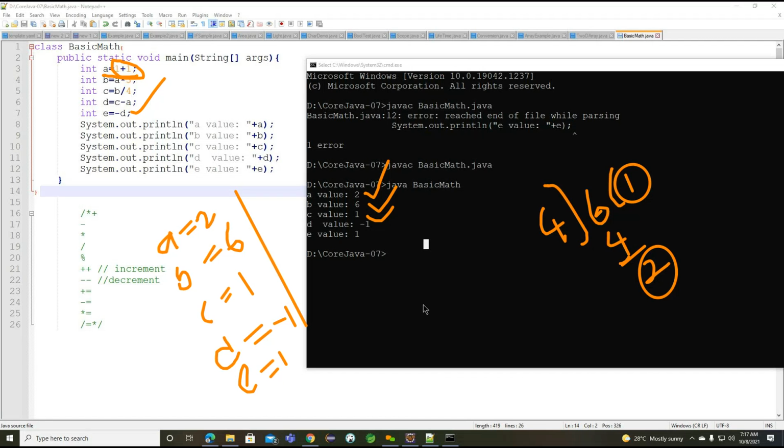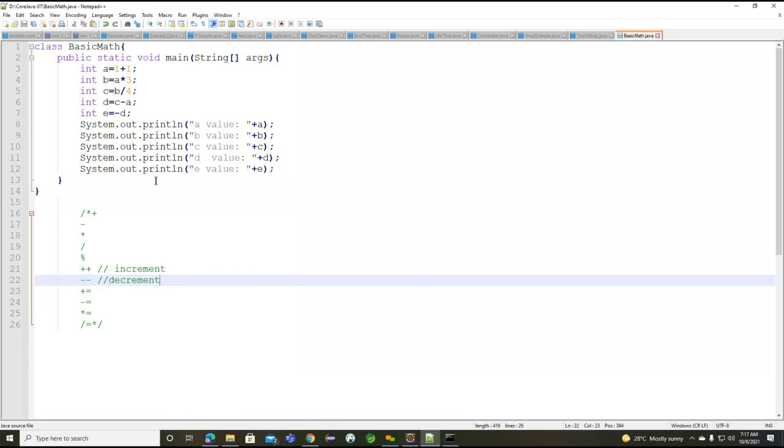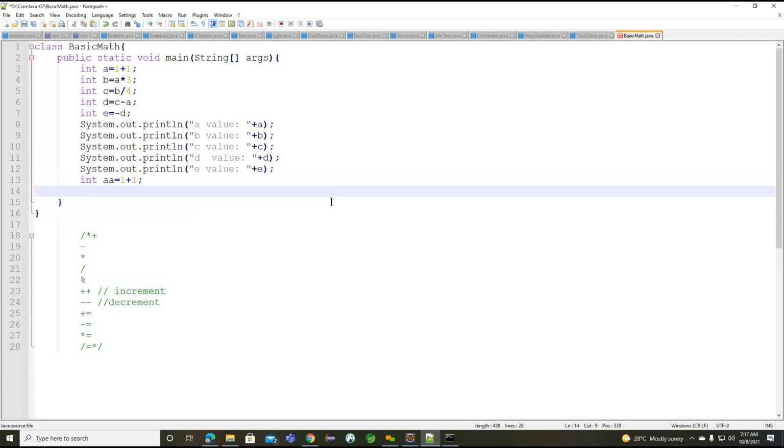Right. Now we'll try to work with a different example here. In the same class, we'll try to add some different information. So let's clear all the examples here. Back to here, now what I want to write here, I want to define one more variable here, something like int a is equals to 1 plus 1, and int ab is equals to,